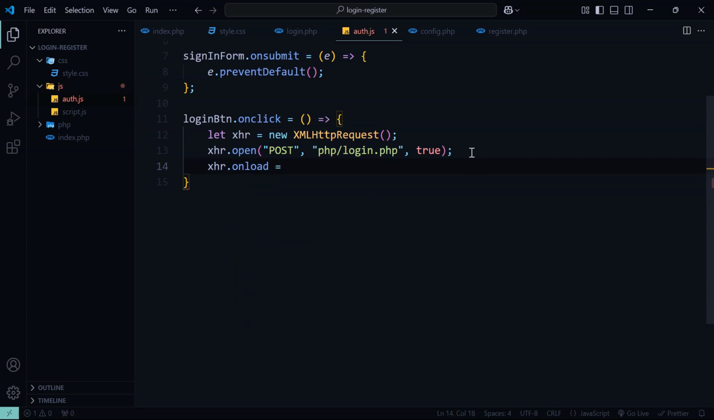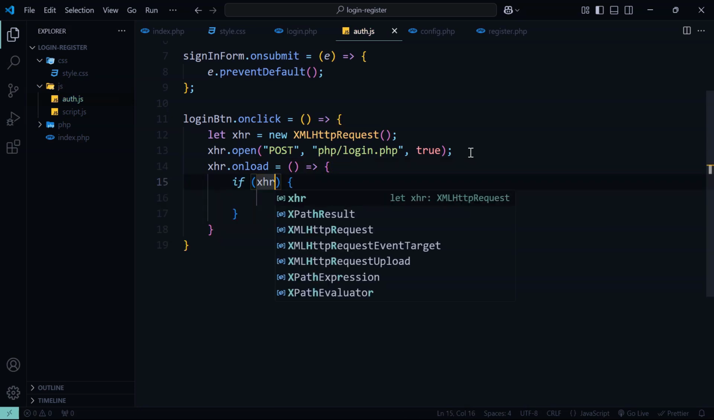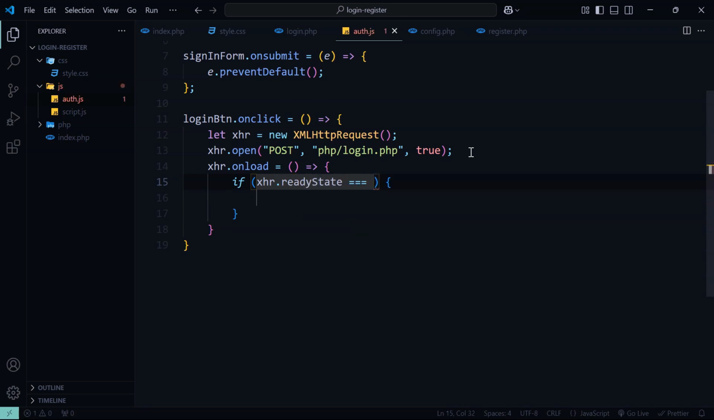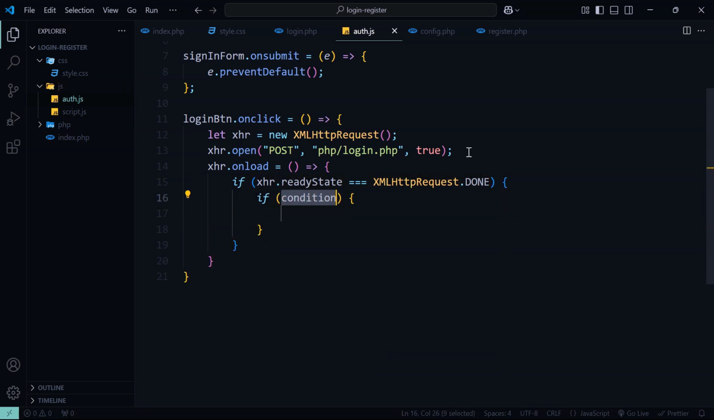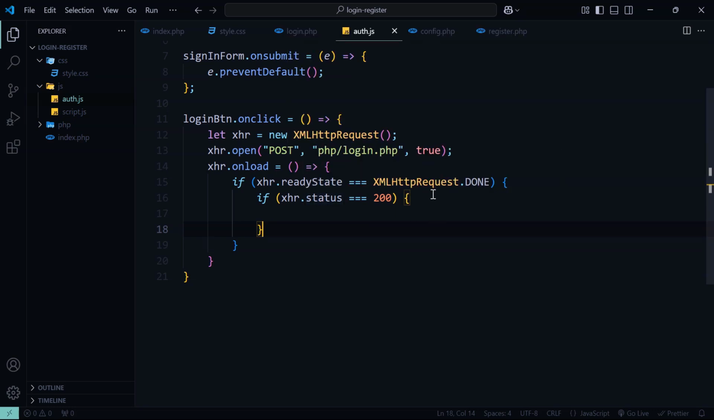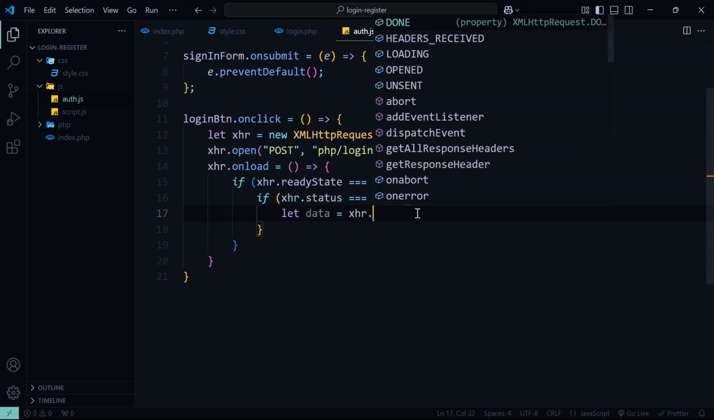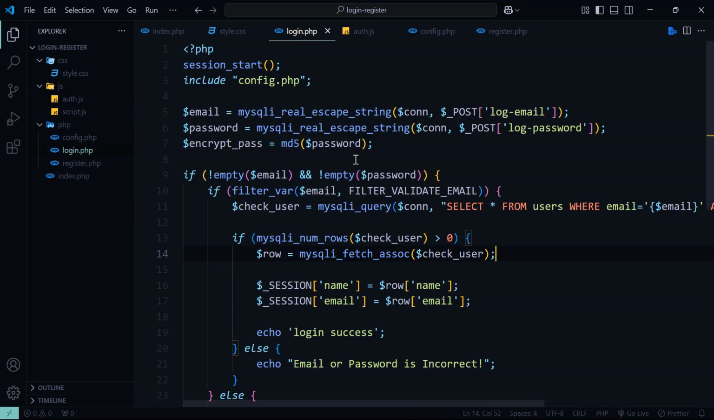And now we are going to add another function for when the server sends the response. So if the ready state is done, it means that the request is complete, and when the status is 200, it means that the request is successful. So we'll create the variable data, which will store the response, and if the data is equal to the message, login success,